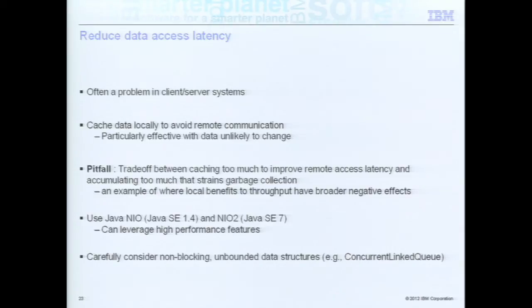Another aspect to look at in your application is to reduce the overhead that there is to access data. This is a very common issue in client-server workloads. A very, very common way of getting around this is to cache some data locally on a certain system to avoid actually having to talk to somebody else to get data. This is a fairly useful approach, especially if your data isn't really going to change that much. But